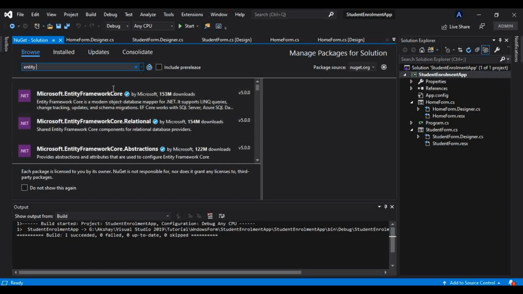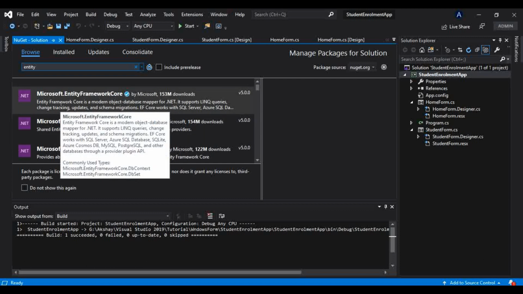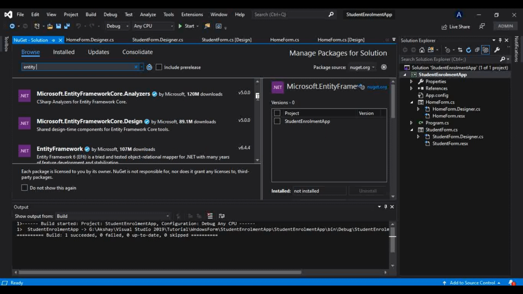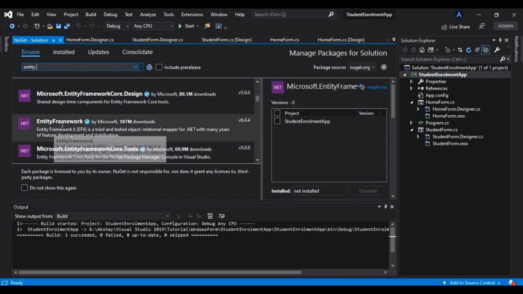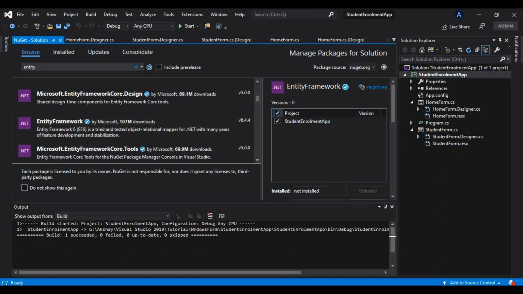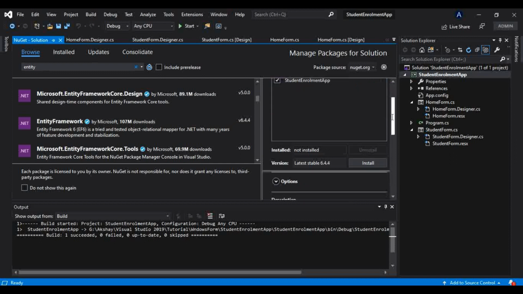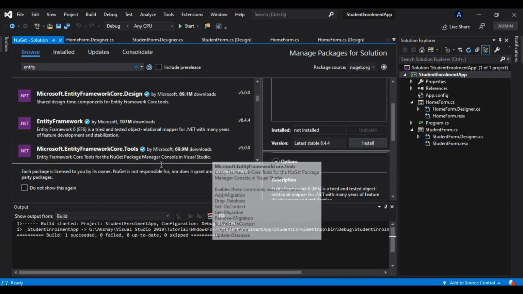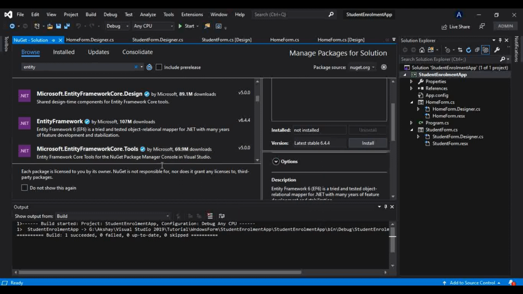So here you can see this Microsoft entity.framework, and we don't need this, but if I scroll down here, yes, so this is this entity framework. And now if I click on this, and check these boxes, you will find there is this install option here. So you have to install this entity framework and just install that and let the installation be successful, and the packages get downloaded into your Visual Studio.